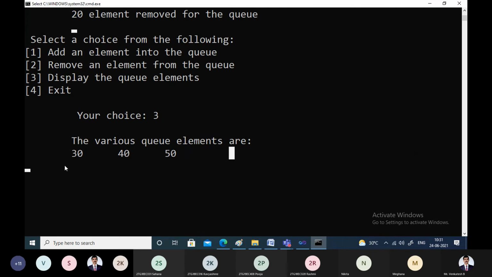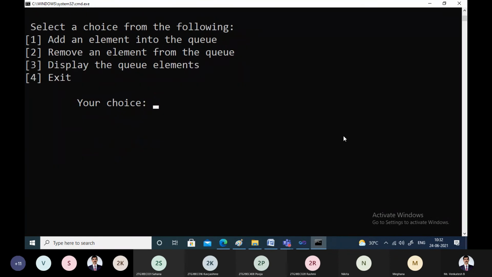Right? When 10 and 20 are deleted from the circular queue, remember now we have the option to insert 2 more elements because this is a circular queue. 2 elements have been deleted and two vacancies have been created now. We can store 2 more elements. So let us check that part now.